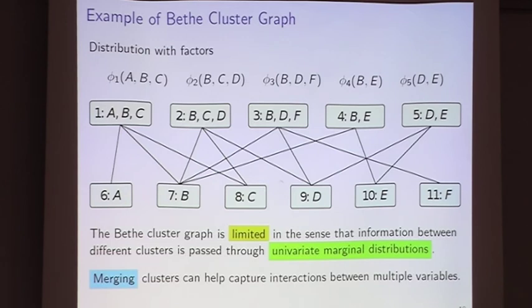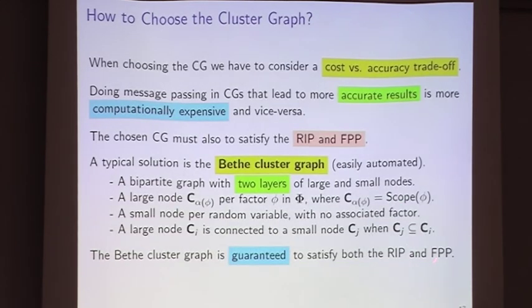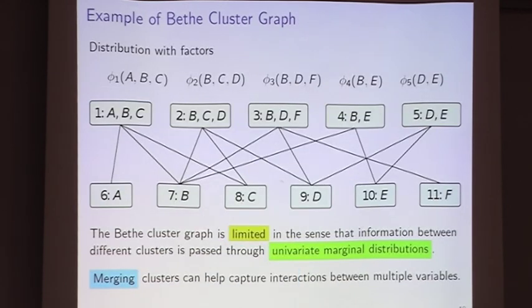But these small nodes won't have any factor associated. They will have a factor which is constant and takes value 1. So this Bethe cluster graph is guaranteed to satisfy the running intersection property and the family preservation property, and it will allow us to do efficient